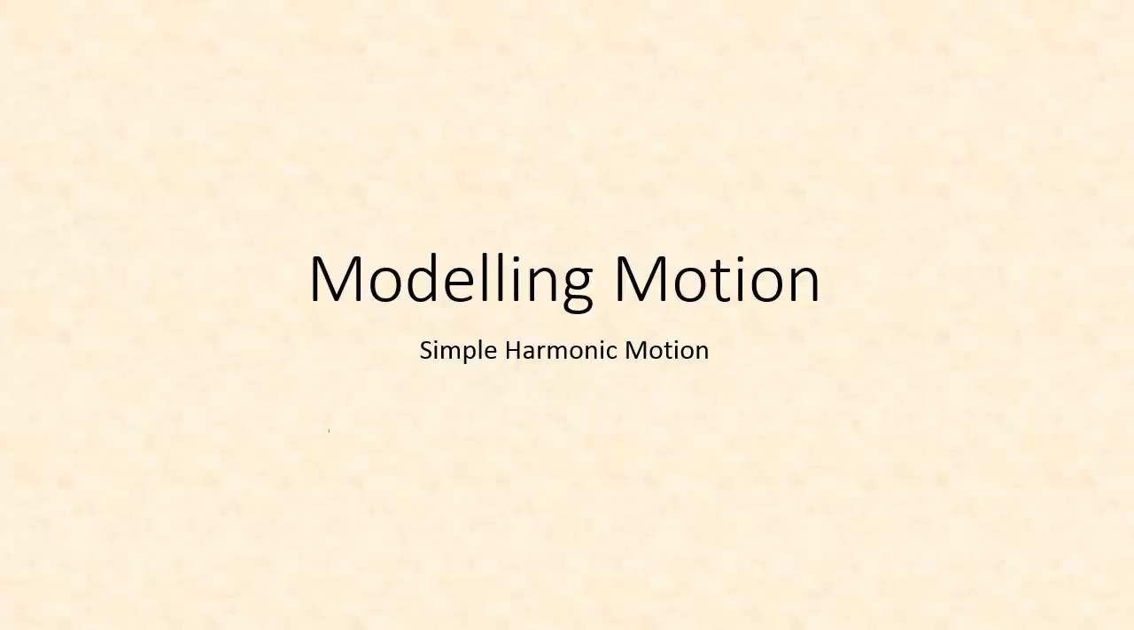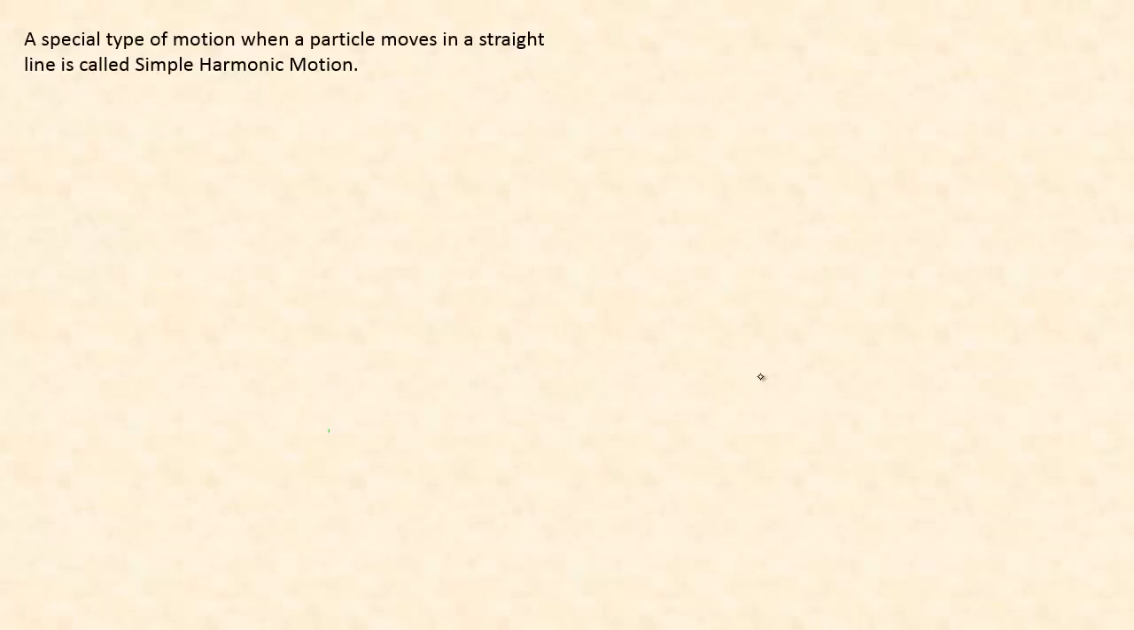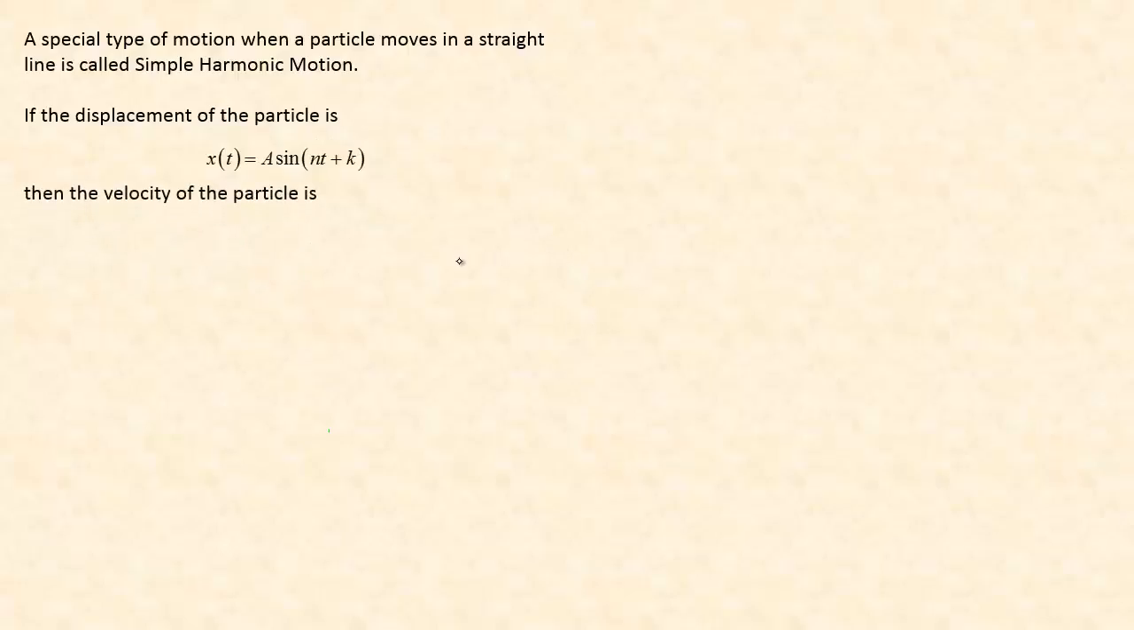Simple harmonic motion. A special type of motion when a particle moves in a straight line is called simple harmonic motion. That's a particular type of motion that we're interested in. If the displacement of the particle is x = a sin(nt + k), then the velocity of the particle is,